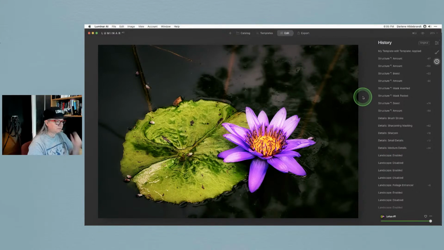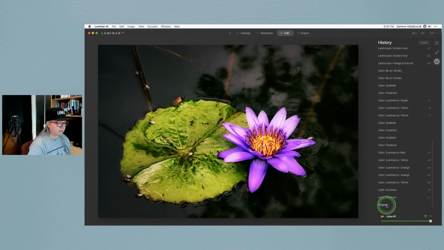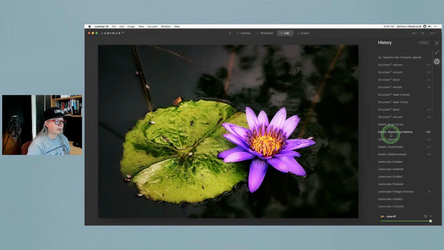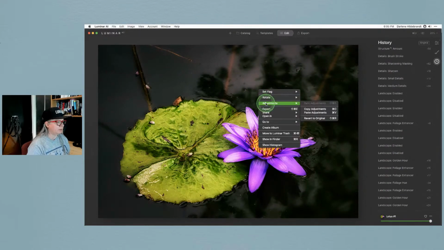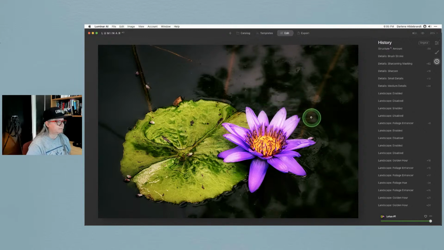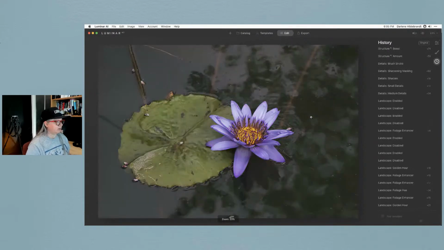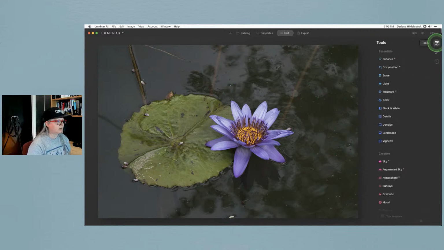Okay, so you can go into the history panel over here and go all the way to the bottom and click original, or you can go any steps and just kind of backtrack a few steps, okay? Or you can just right click on an image, choose adjustments, and choose revert to original, which is also Shift Command R as a keyboard shortcut. Okay. So that resets everything. Okay, and you can see that I also cropped it a little bit, and now we're back to the original